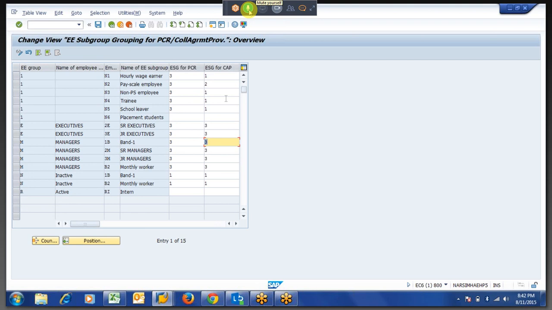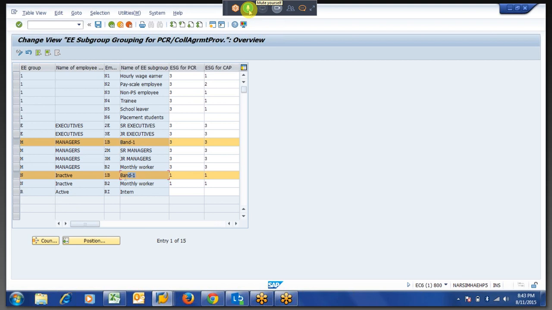Krishna, just one basic doubt. In band 1, what you have selected? What if we have salaried employees as well as hourly wage earners? Do we have to group them as two separate subgroups? See, band 1 is here, with non-management employees.